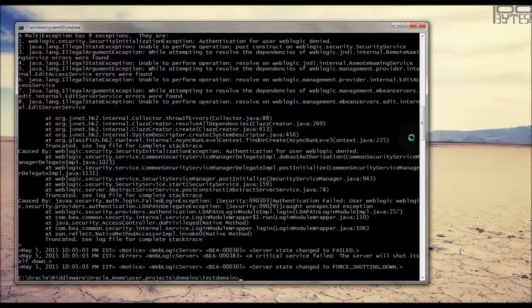Yeah, it's failed. The first time when I was starting the managed server one, the admin server was running. It pulled up all the required information, like authentication-related user credentials and all. But in this case, managed server three did not have a place where it could pull up the details, so it failed. So if you want to start the managed server for the first time, you need the admin server